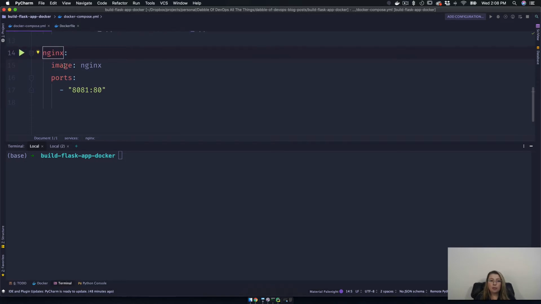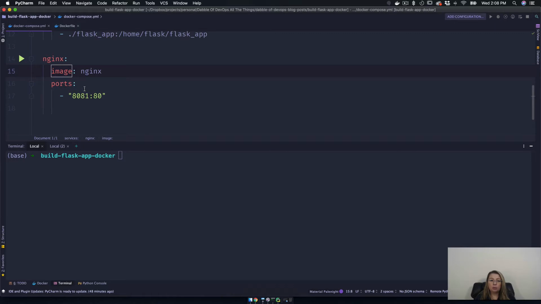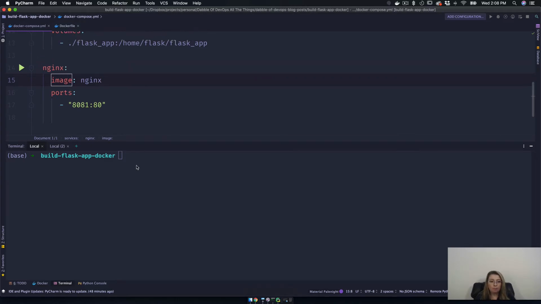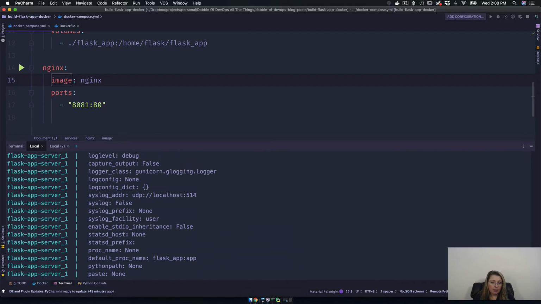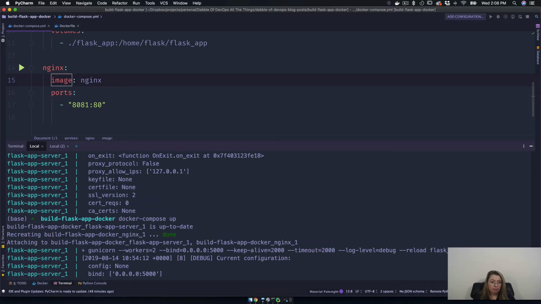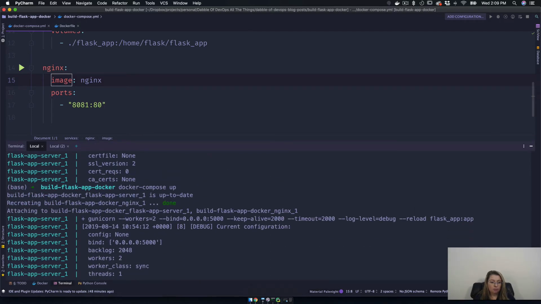I'm specifying this as image Nginx, and I'm going to expose port 80 on the container, which is the default port for Nginx, on 8081. So let's try that again. Okay, and then you can see it went like that. And you can see it recreated this, recreating and attaching to this service and this other service, Flask App Server